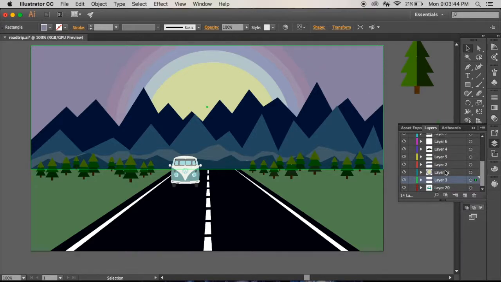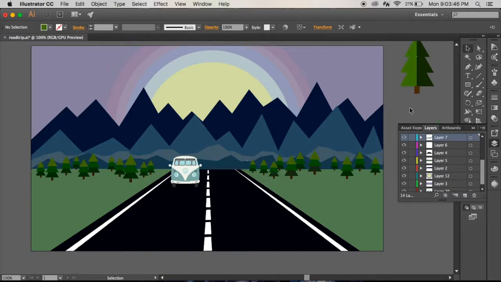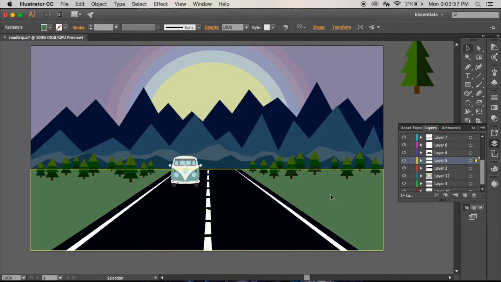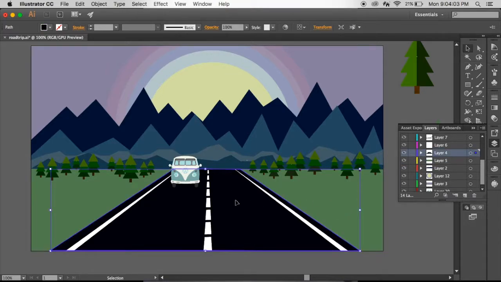So here each layer has a different color, and here I can just click on that and it'll go right to what layer I'm talking about, and as you can see it changes color. And I started off, I'm pretty sure, with just making this section my ground, and then I changed the shape of my road quite a bit because I wasn't sure exactly how I wanted it to fit in, but I